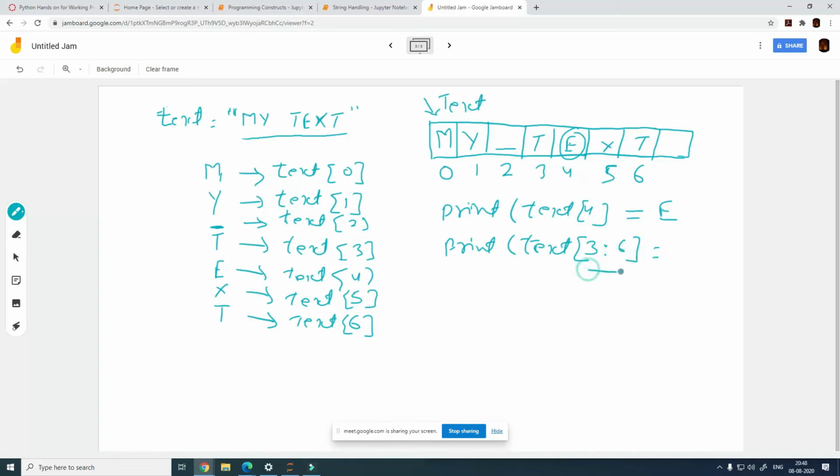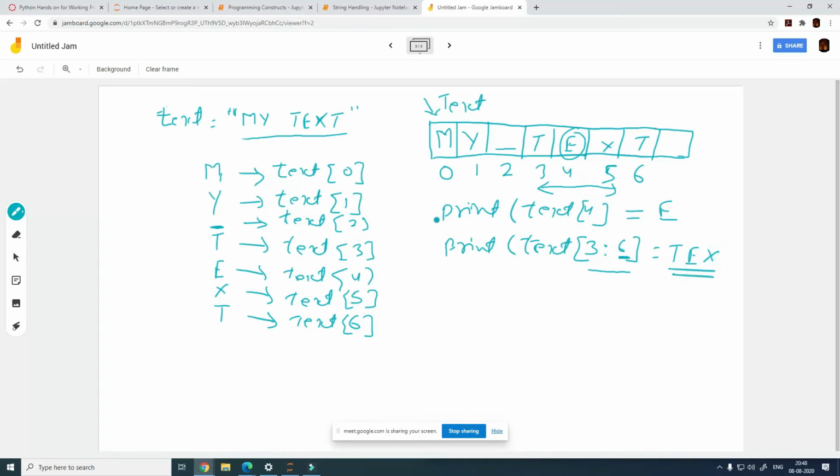Now what is this doing? 3 to 6 would mean from here till 5. Now why am I saying 5 and not 6? Because every time you specify an ending index, you have to always consider it as whatever value you have specified minus 1. So 3:6 would not mean 3 to 6, it would mean 3 to 5. So what this is going to print is t, e, x together.